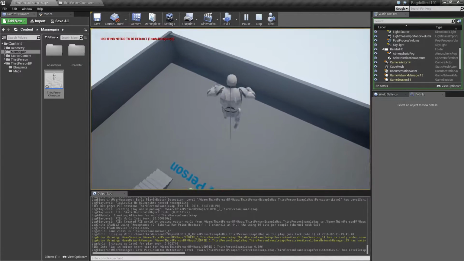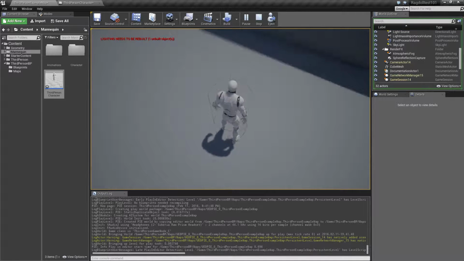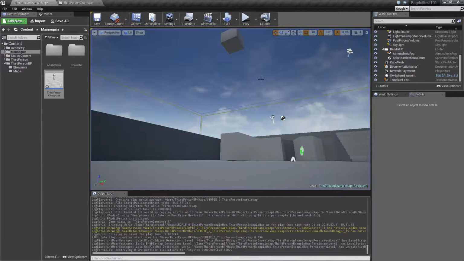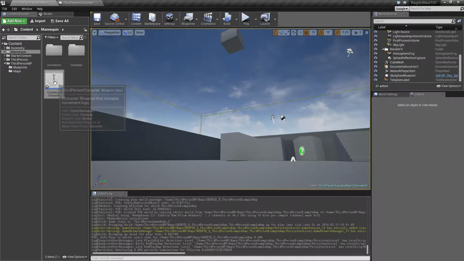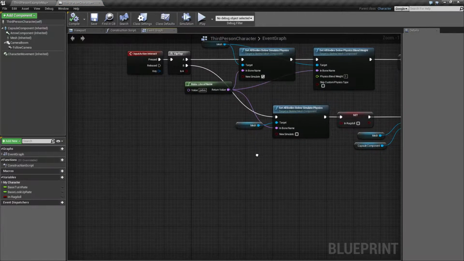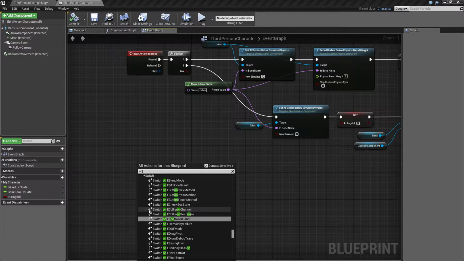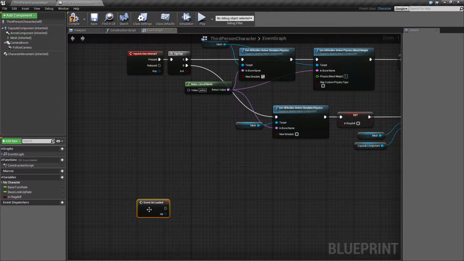So the idea is I want to make him go ragdoll when he lands, so he can take damage, or well, not strictly take damage, but I just want him to go ragdoll when he hits the ground from a certain height. So the way we can do this is in a very simple way, and first of all, let's take a look at that. So we have an event called On Landed,